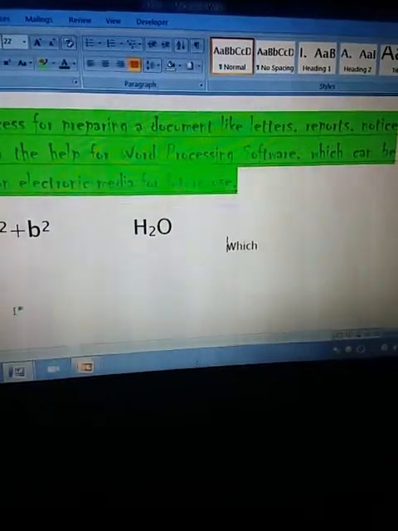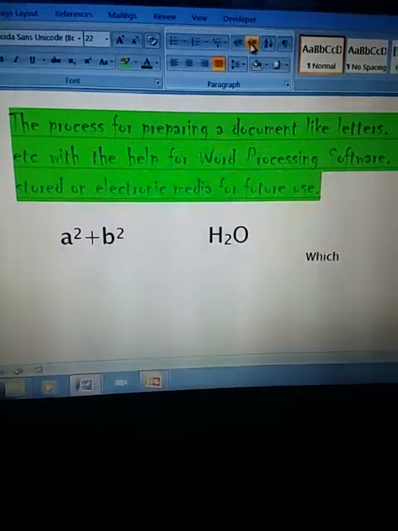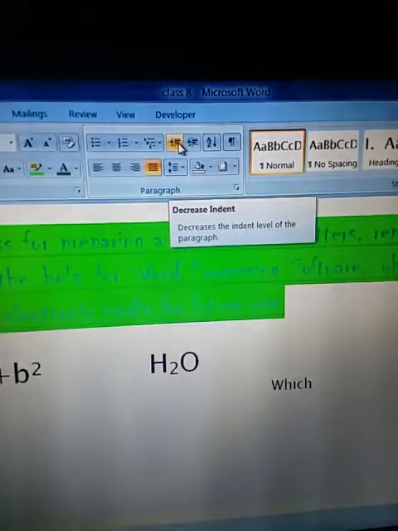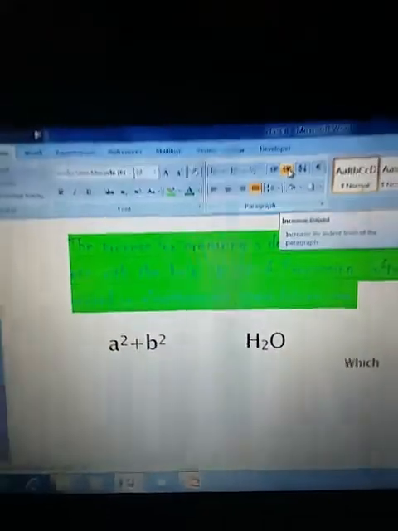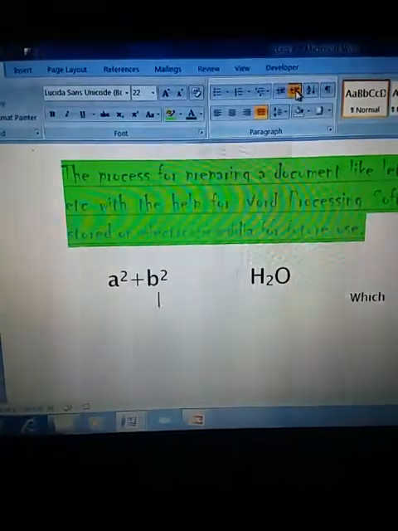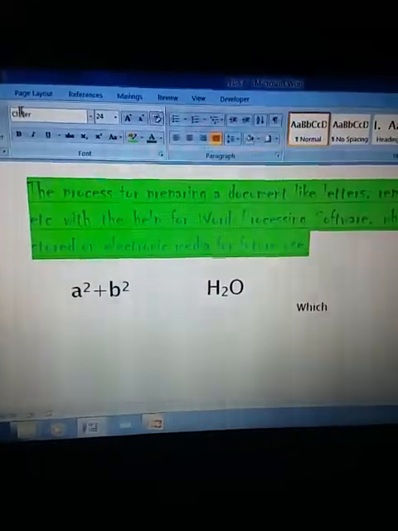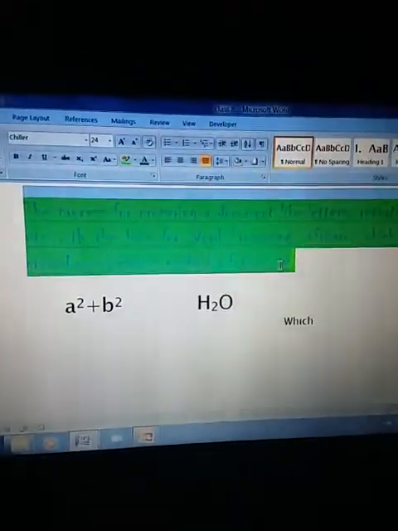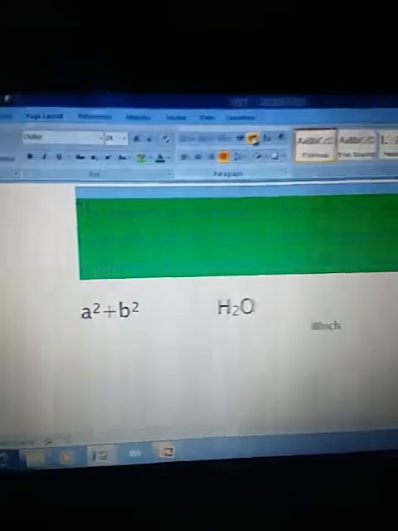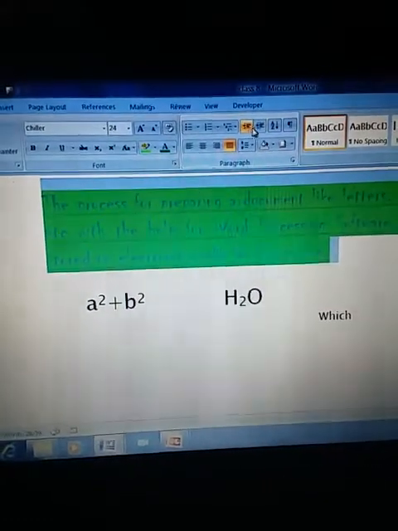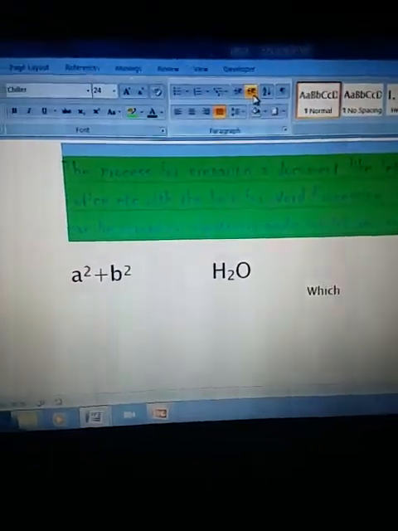Here I have this document. I want to change its indenting, I want to change its margin. So here I have these two options, decrease indent and increase indent. I am just clicking on increase indent. Sorry, firstly I have to select it. After selecting, click on increase indent or decrease indent. You can observe the change from here. That paragraph is moving, right? This is increase indent and decrease indent.